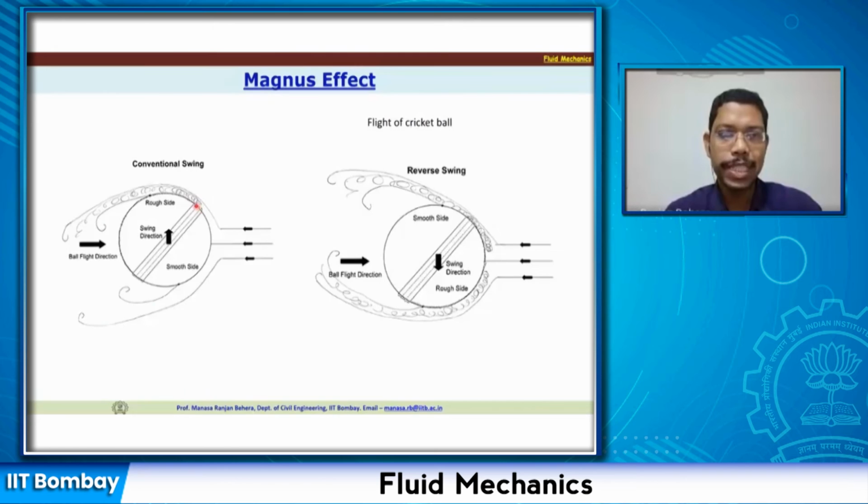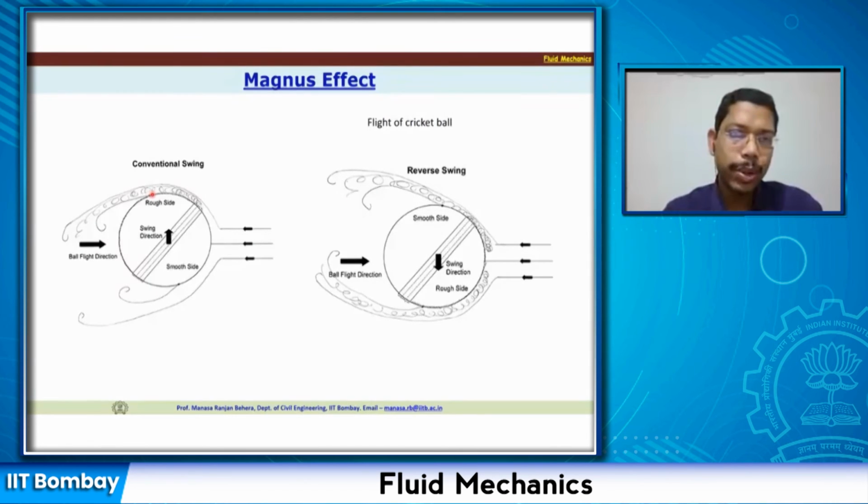Because of this roughness, turbulence will be generated, and because of this turbulence, as we have already seen, the boundary layer separation is going to be shifted downwards, because you are going to generate more momentum exchange. Because of the momentum exchange, the flow velocity closer to the wall is going to be comparatively increased, and the flow will remain attached to the wall for a further distance, and because of that the flow separation is going to be delayed.